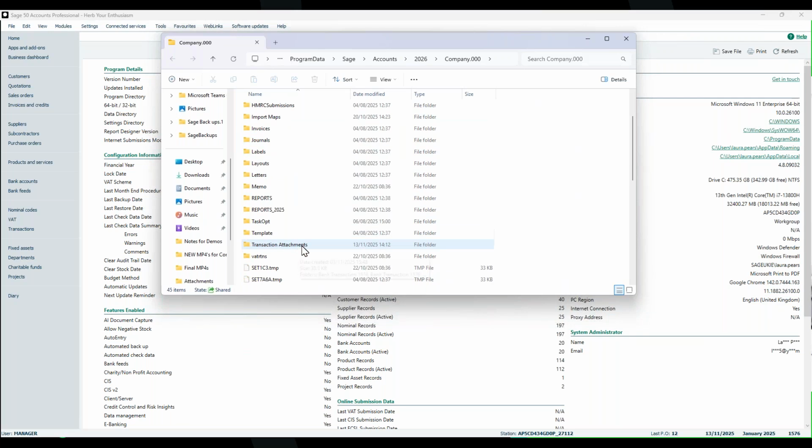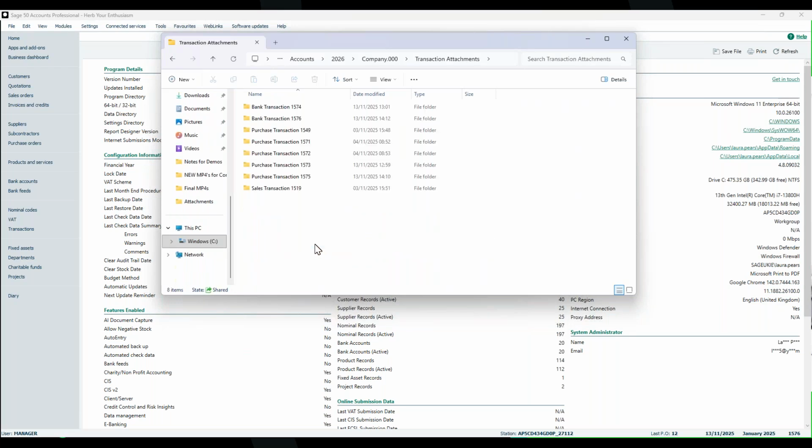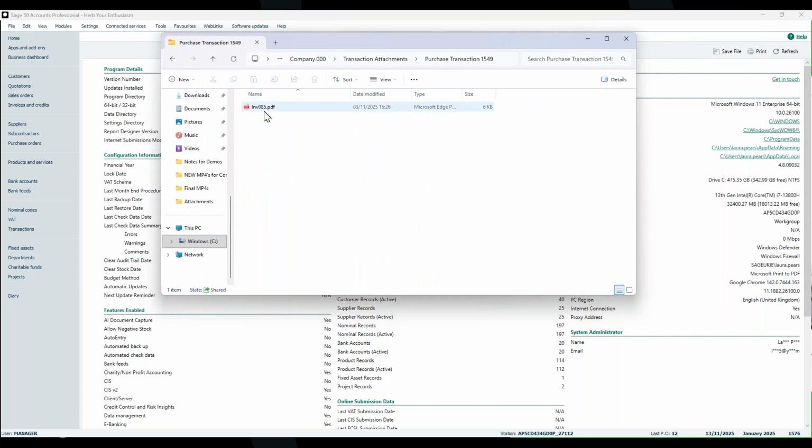But if you scroll down, you've got one called Transaction Attachments. And if you click on that, if you know the transaction number and you're not in Sage at that point, you can still view the transaction attachments from outside of Sage if you know that transaction number. So if you've got a note of that and you think, right, well, I need to have a look at transaction 1549, you've browsed to the location of your transaction attachments. We've got 1549 here. If I double click on that, there's my invoice,